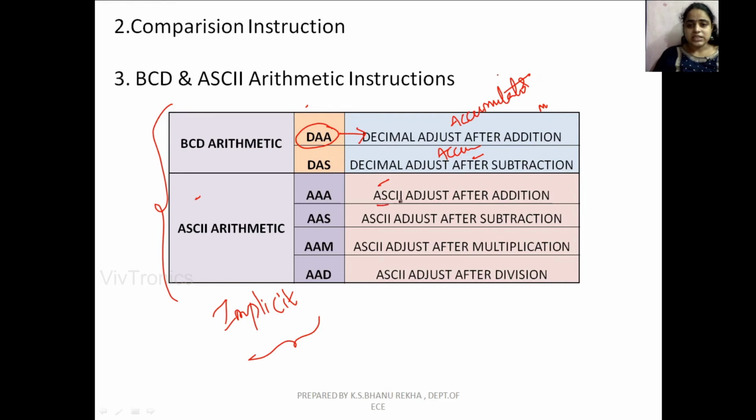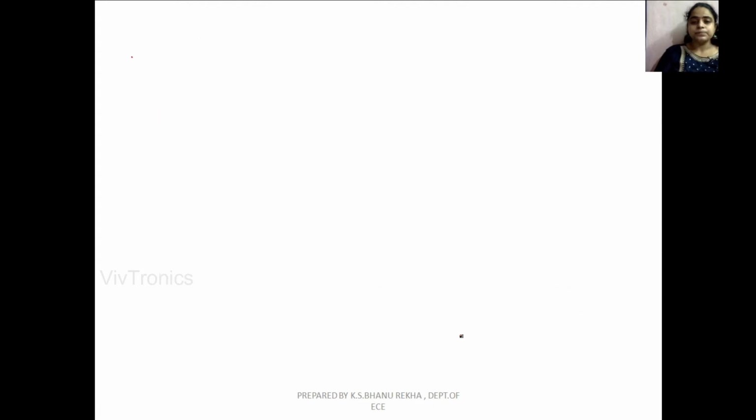AAA stands for ASCII adjust after addition. AAS stands for ASCII adjust after subtraction. AAM stands for ASCII adjust after multiplication. AAD stands for ASCII adjust after division. All these instructions by default work on the accumulator register: if it is 16-bit, on AX, and if it is 8-bit, on AL.